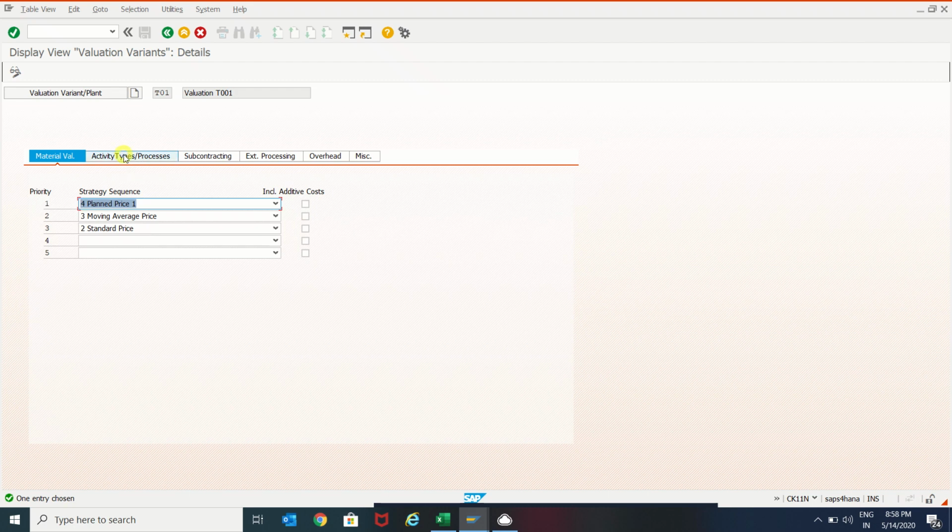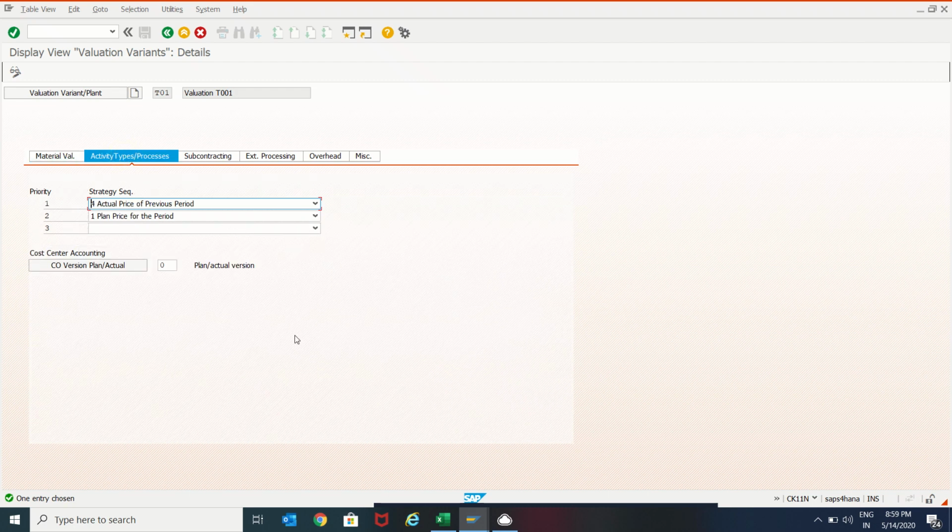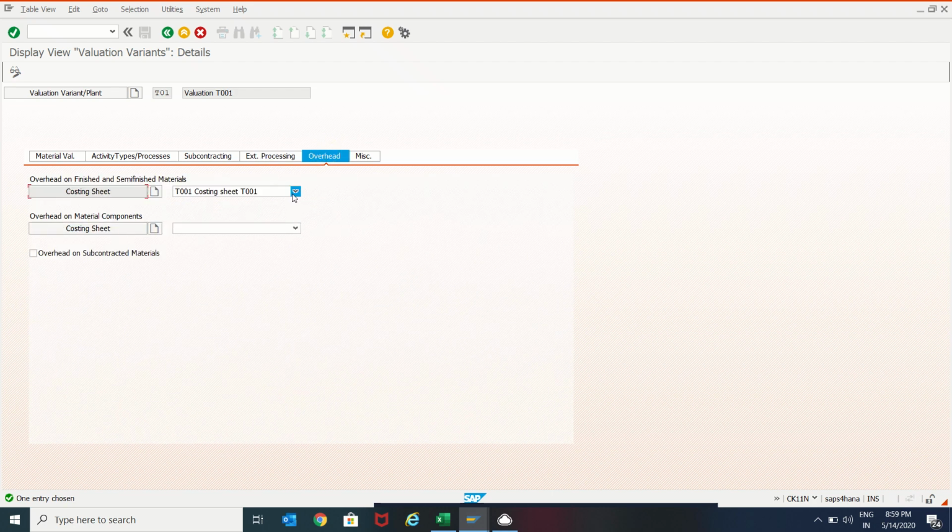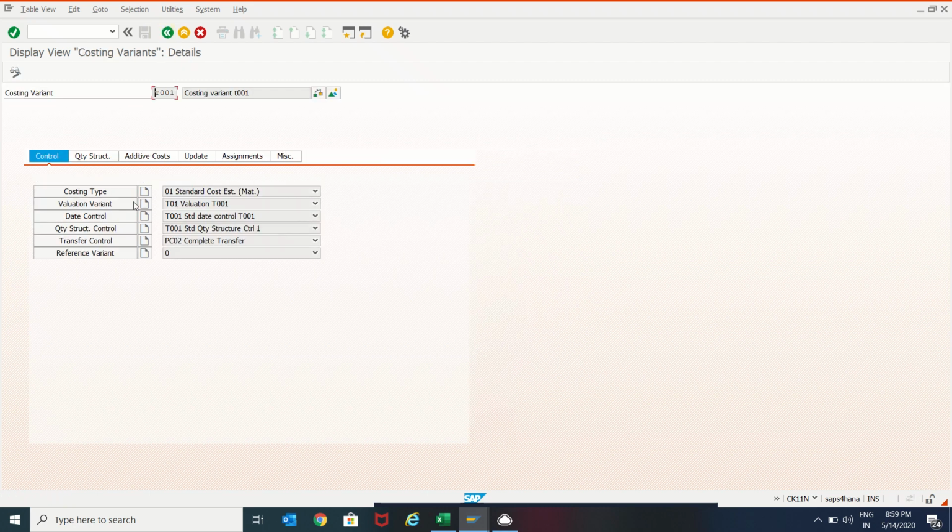And here, how the activity types are to be considered, price and subcontracting. When you are sending the material to subcontracting, what is the strategy sequence? Even when you are doing external processing, what is the strategy sequence it has to use? Even for overhead, what overhead it has to consider in your standard cost estimate, you maintain all the details over here. Okay, so that is the valuation variant.